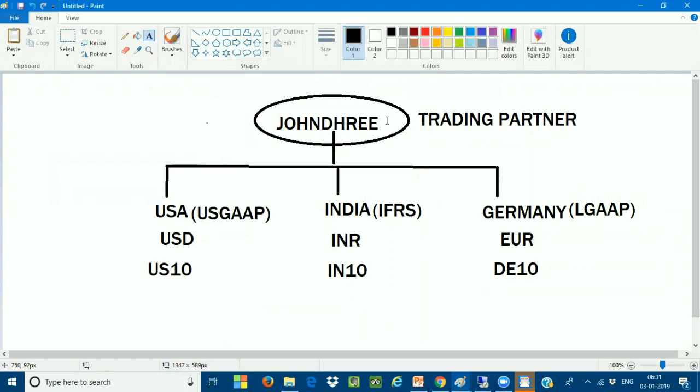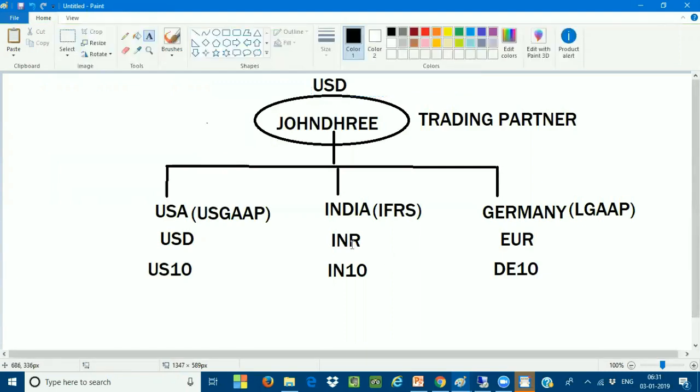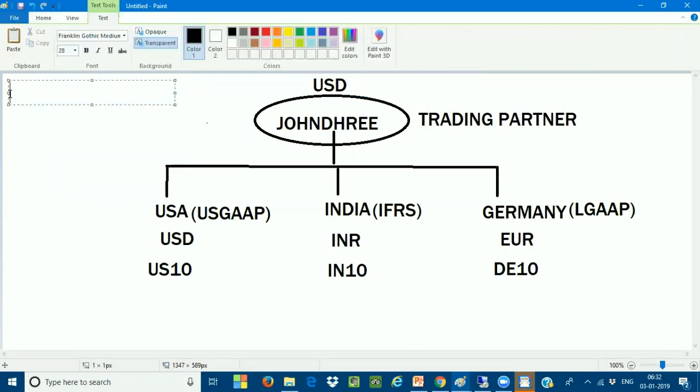So I'm using USD as the group currency. Very, very important: I'm using USD as the group currency for all these 3 company codes. So how many currencies do we have here? We have the local currency type and we have the group currency. So I'm writing the local currency.